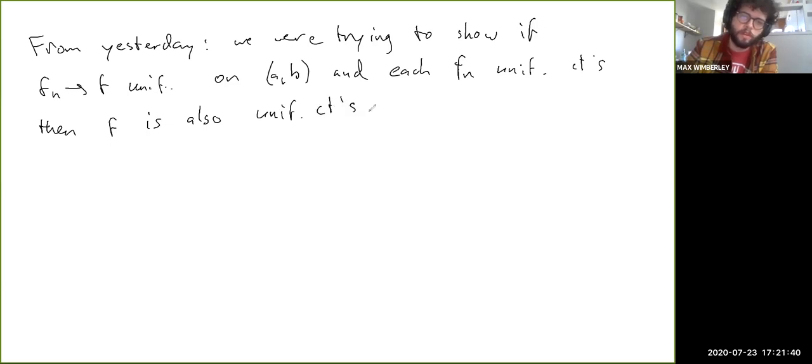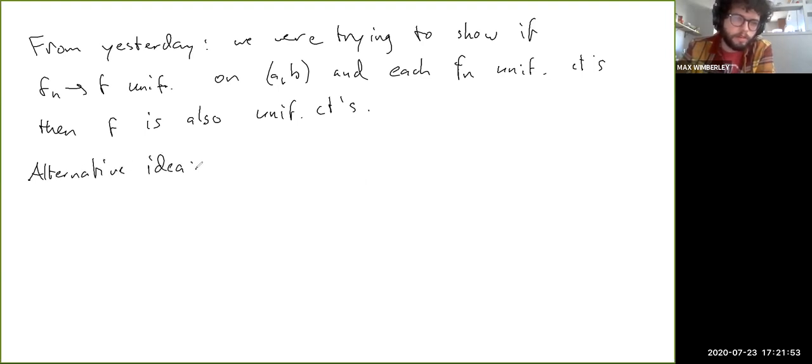That was the last exercise yesterday. And I had that alternative idea to the actual solution that we ended up with, which was suggested by the hint in the book. I was saying maybe there's an approach where you first